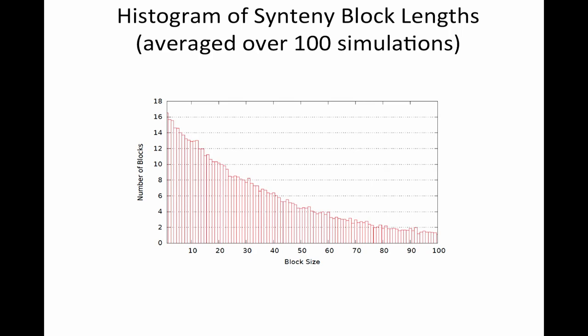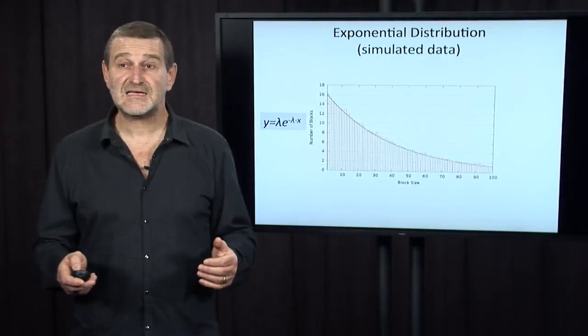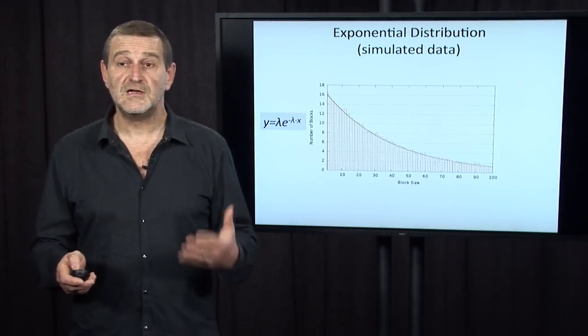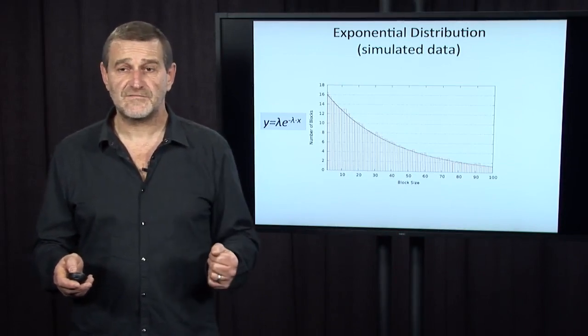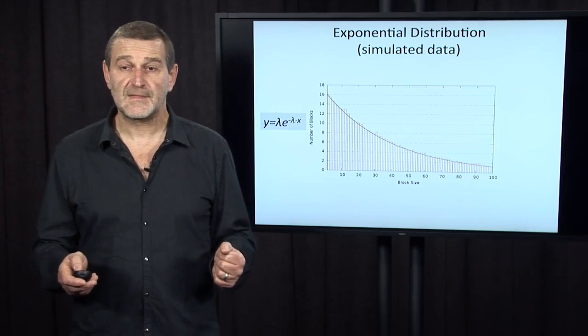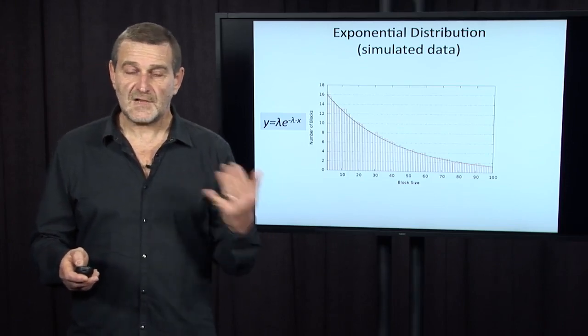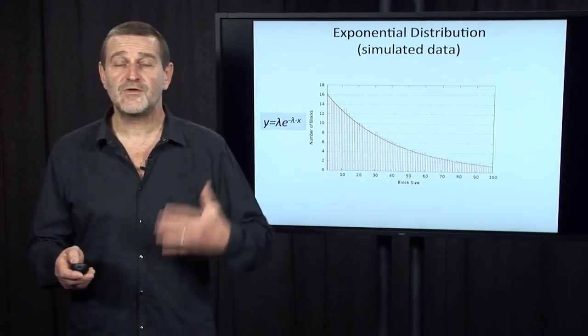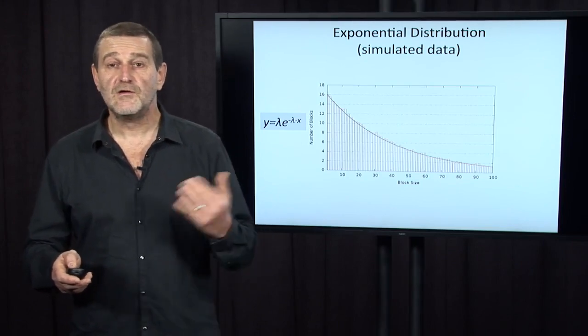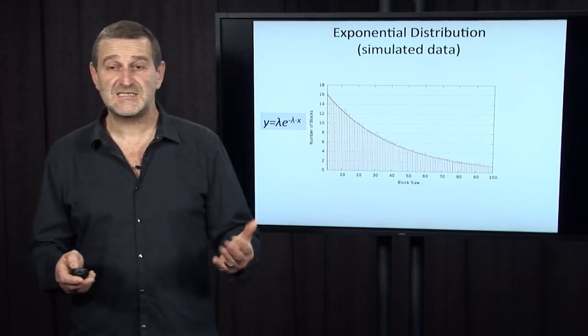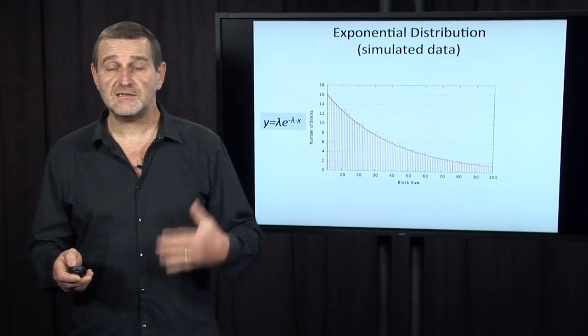And this distribution is very well approximated by the exponential distribution, and the approximation curve is shown on this slide. So when Nadeau and Taylor figured out how the random breakage model would look in the simulated example, they